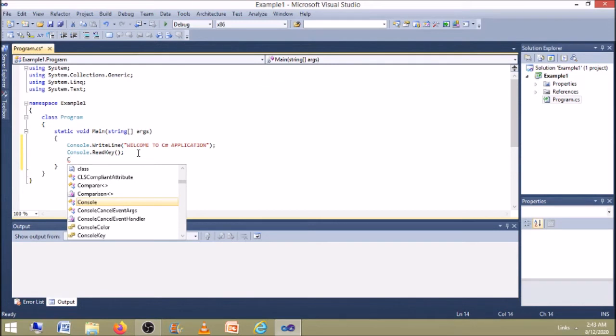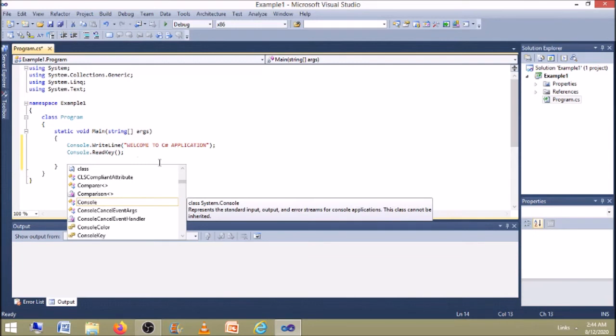The related words are given like this, from where we can select the keyword which we want to include now in our source code. Because of this IntelliSense, constructing the source code using C# is very easy for the users or the developers. So now let us run this program.